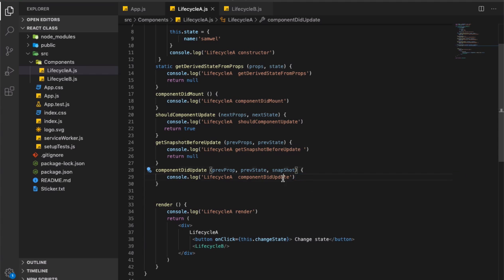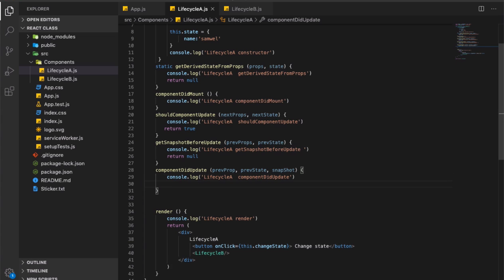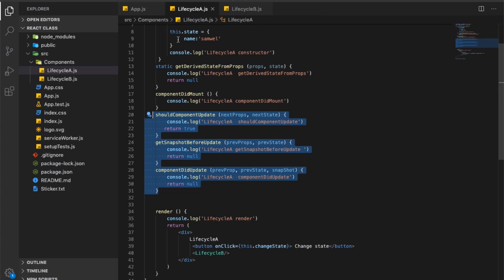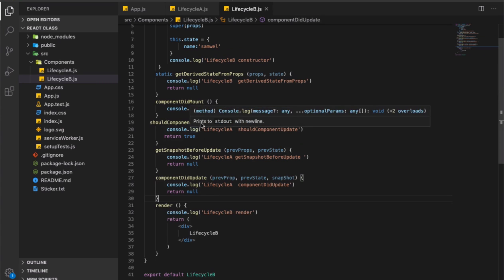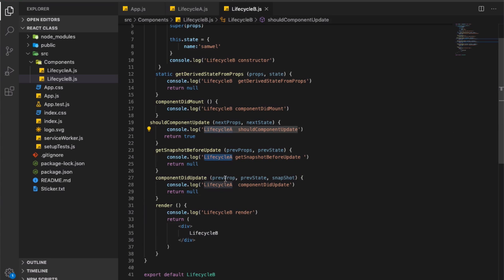Okay, now this one also will return null. I'm going to copy the whole three methods here and paste them into Lifecycle B. Yeah, the component, and we are going to change this one, Lifecycle A, to Lifecycle B. Now, after that,